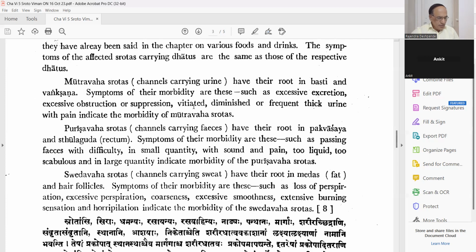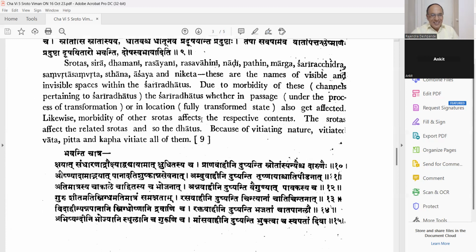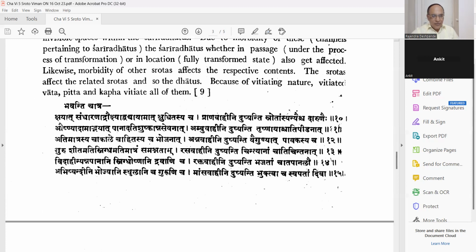Just a moment, hold it. Rasavahasrotas. Okay, can you see? Please write down fourth. We are starting with the fourth. Rasavahasrotas, Dushti, Hetu. You always record all these things. Recording is very easy. Just make the recording of Professor Deshpande. Then you put on the headphones and start hearing what Dr. Deshpande was telling about.